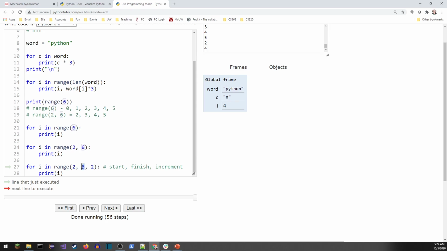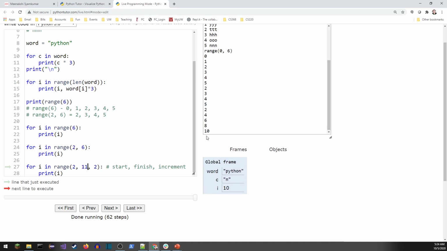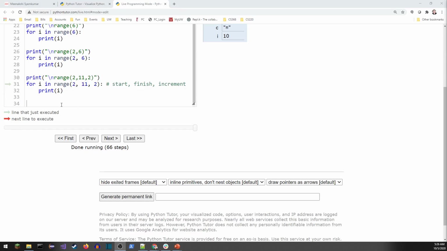Maybe this would make more sense if I had 11 or something. And then I can see I'm getting 2, 4, 6, 8, 10. When it gets to 12, 12 is too big. It's bigger than 11, so it's going to stop. All right. And just to be complete here, if I wanted to do the same thing with a while loop,